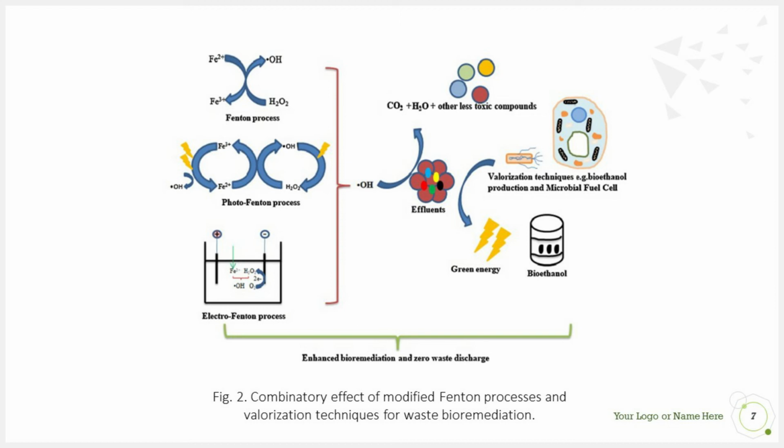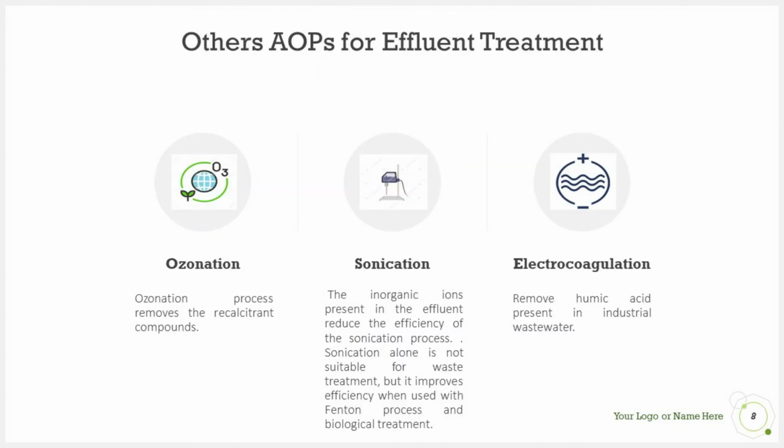Valorization techniques such as clinker preparation, sorbent production, and bioethanol production can help in reducing waste production as well as resource generation. The Fenton process and its variants are efficient in the reduction of toxic compounds from the effluents. Apart from them, advanced oxidation processes like ozonation, sonication, and electrocoagulation are also used for the removal of toxic compounds